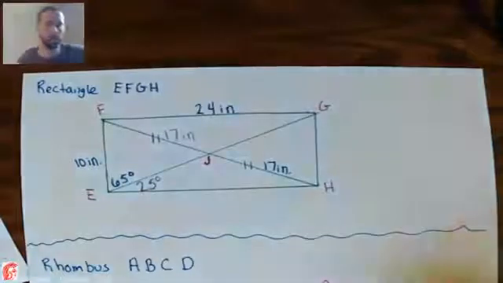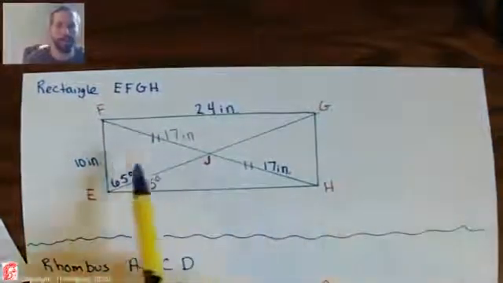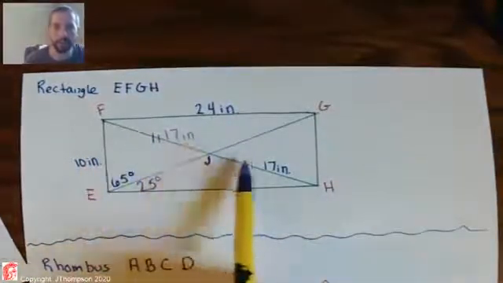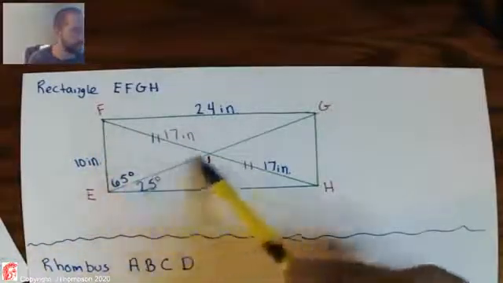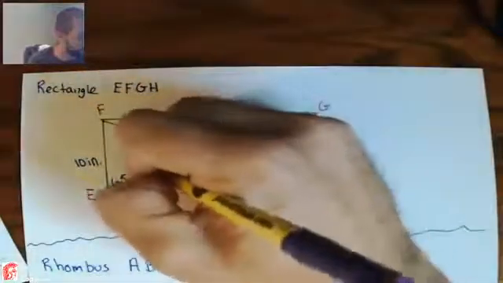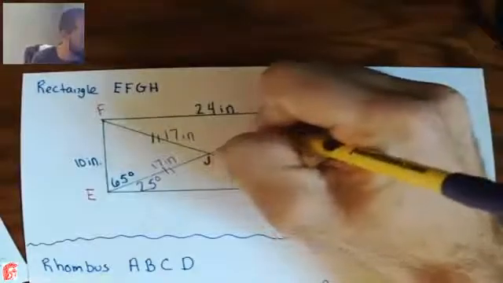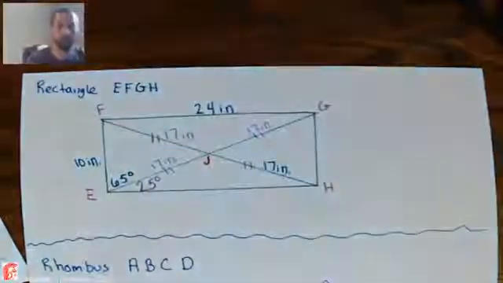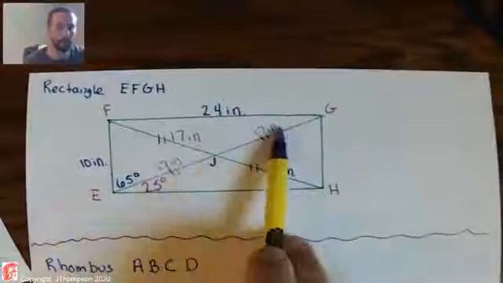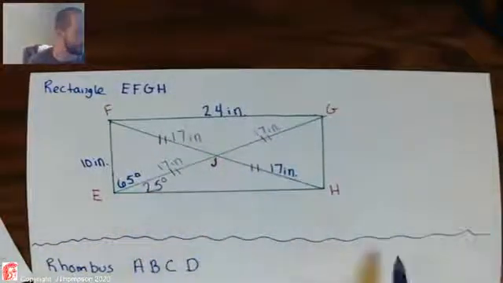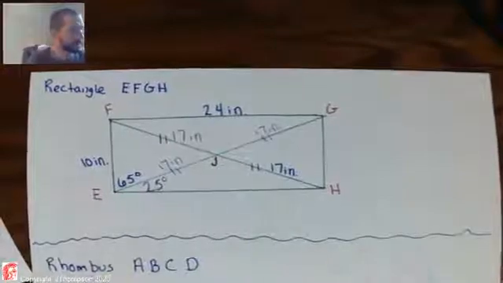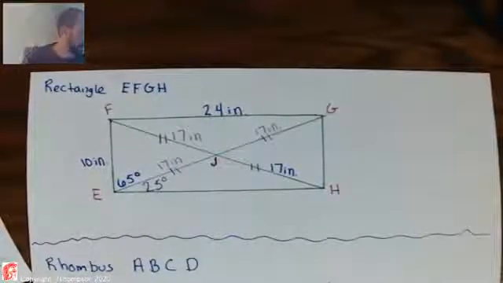And now this is where the properties of rectangles pop in, is if this entire length is 17 plus 17, which is 34, then that means that the other diagonal is also 34, making EJ 17 and JG 17. Okay, so that's how rectangles work. All 4 of these little pieces of the diagonals should be the exact same number every single time. Okay, so now with that in mind,